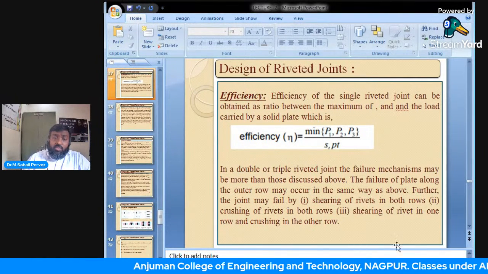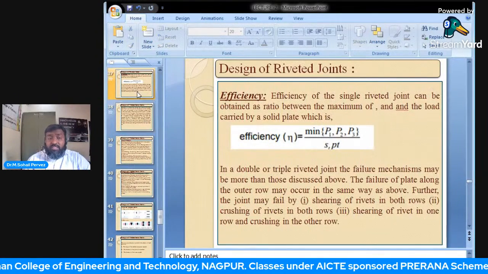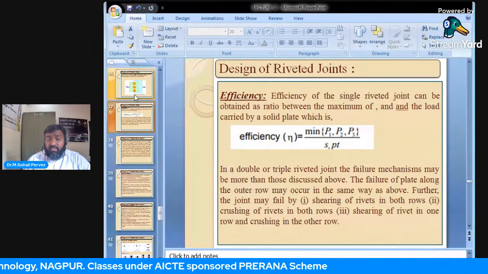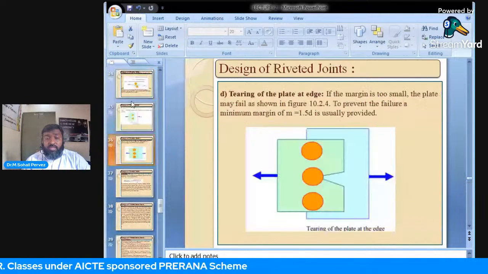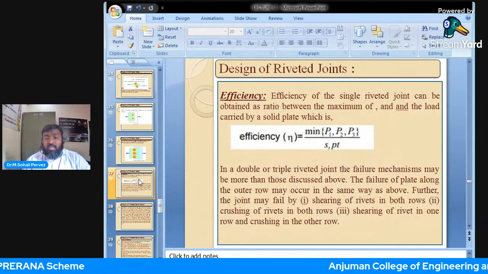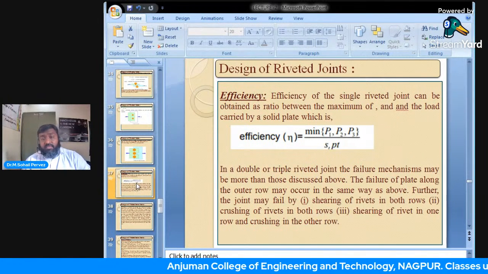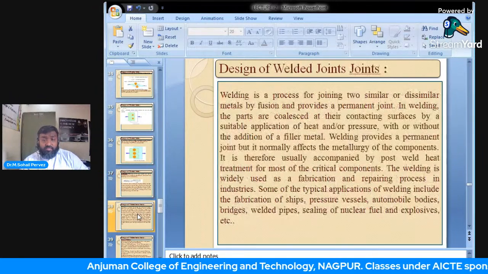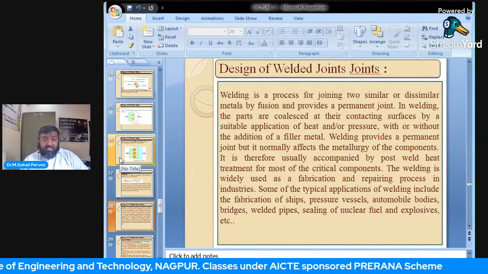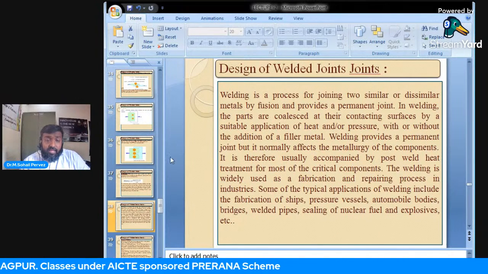So I hope that riveted joint, based on these failures, you have understood very well, and the equations would be in this order only. So I have discussed all the equations and finally the efficiency of your riveted joint. And the last but not the least, welded joint. Okay, I again repeat,